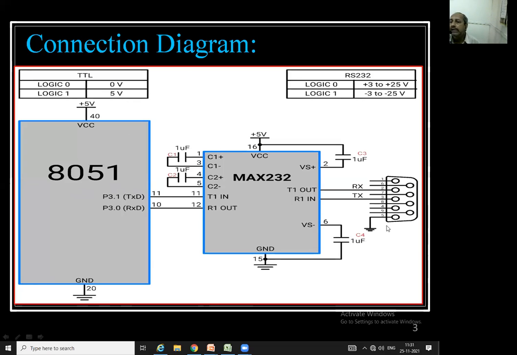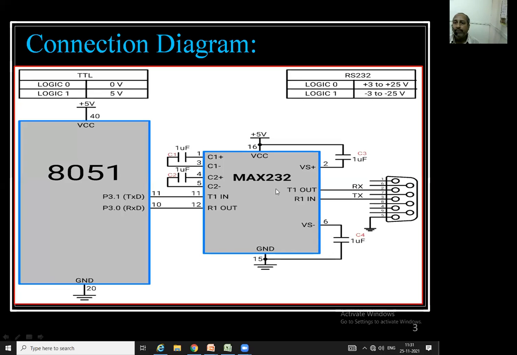When connecting the 8051 to a computer, you must use the MAX232 IC. It does the compatibility work. Two inputs have to be connected here, and two outputs come out of it, T1 out and R1 in. T1 means transmission and R1 means reception. So you are supposed to connect that to the RS-232 cable, and the RS-232 cable is connected to the computer CPU. So this is the setup. If you go to do it physically, exactly, at that time you require this much connections and the pinout for that.